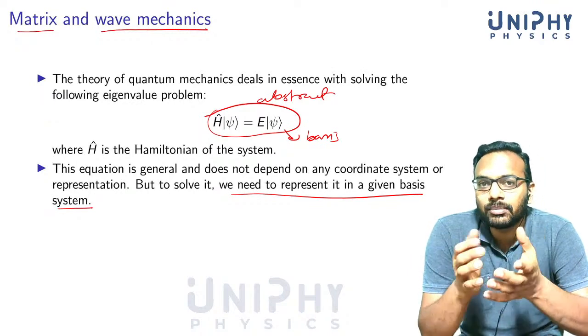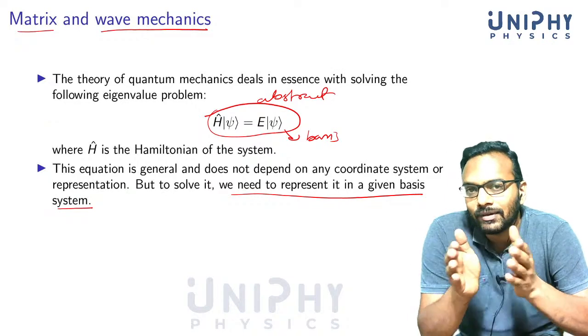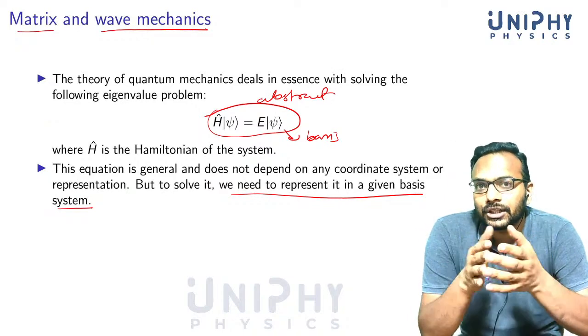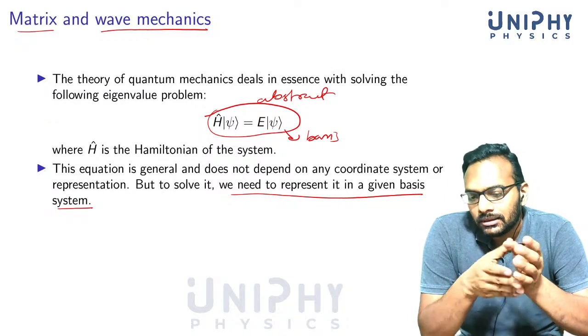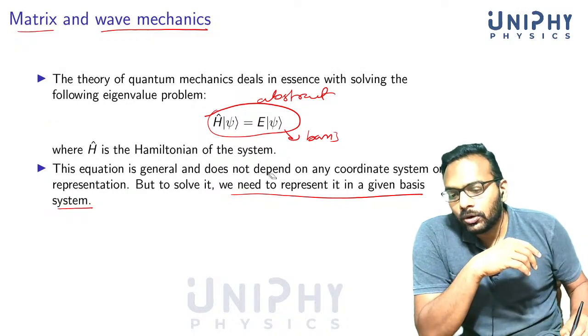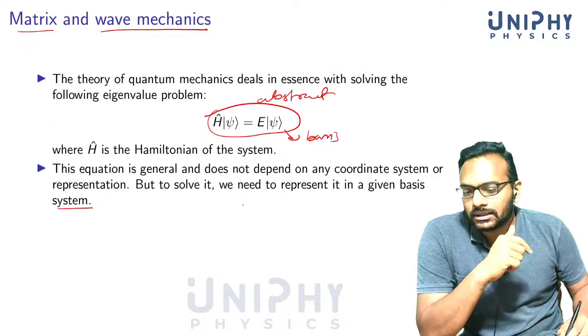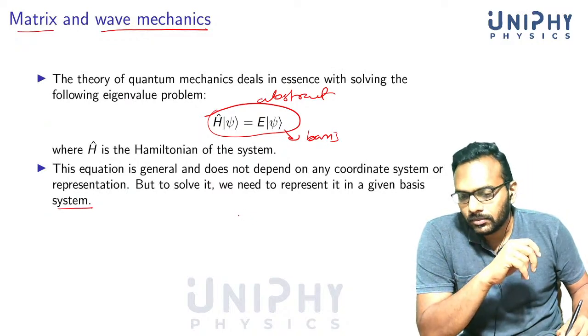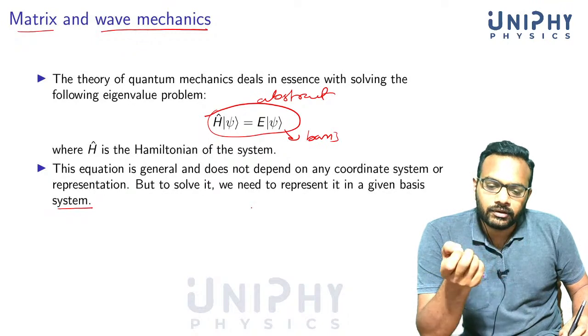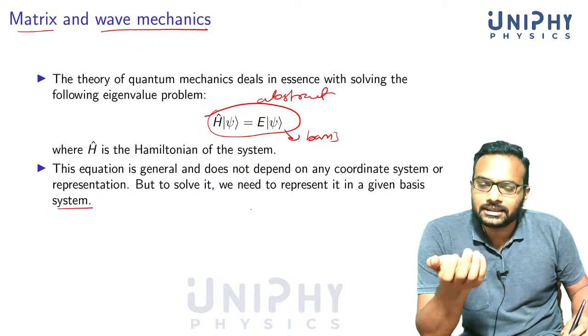You can use a discrete basis, right? Discrete basis means the eigenvalues are not continuous, just like phi 1, phi 2, phi 3, etc. Or you could use a continuous basis, where the eigenvalues are continuous. For example, position. Eigenvalues are continuous because every possible value for x is a possible position.